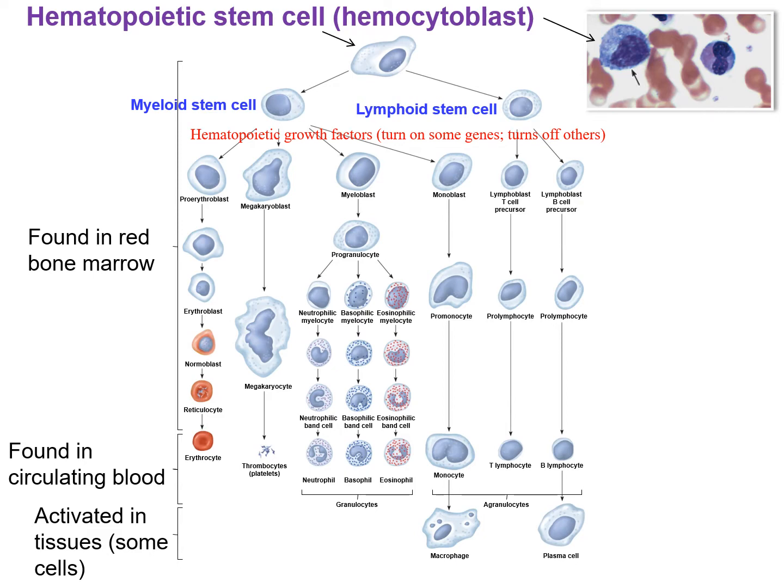And that's indeed the case here, where we have this hemocytoblast potentially differentiating into what's referred to as a myeloid stem cell or a lymphoid stem cell. So it's sort of like a close cousin to the hematopoietic stem cell, although this guy has a bigger variety of options in terms of what it can differentiate into, right? Either one of these. And then once we look at each of these 2 types of stem cells, we can see that they in turn have the ability to differentiate into a number of different kinds of cells,